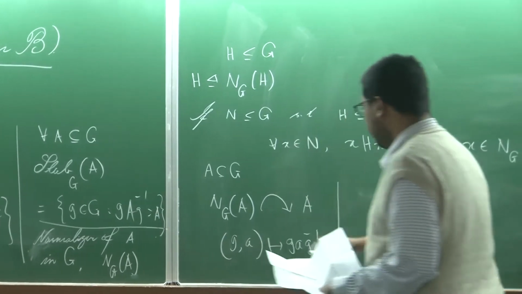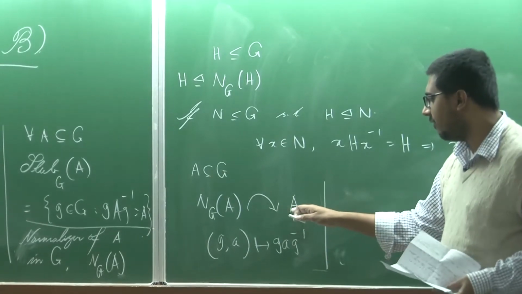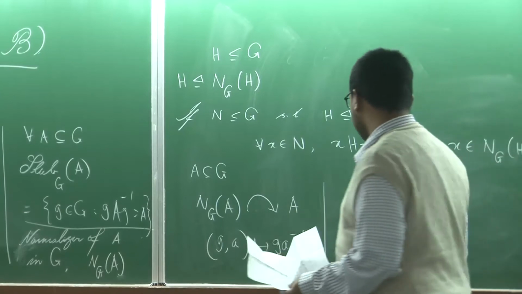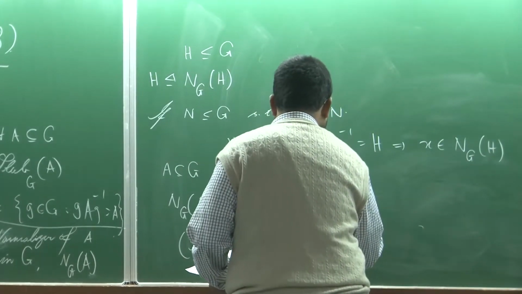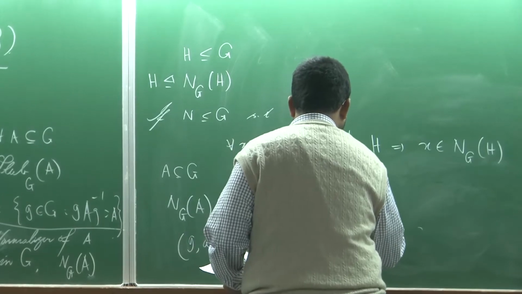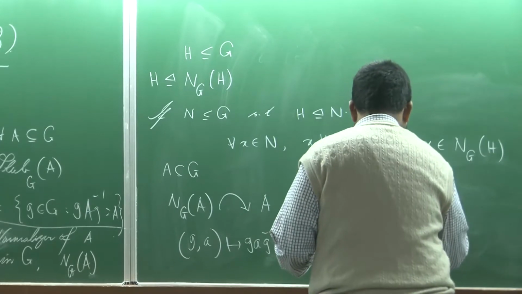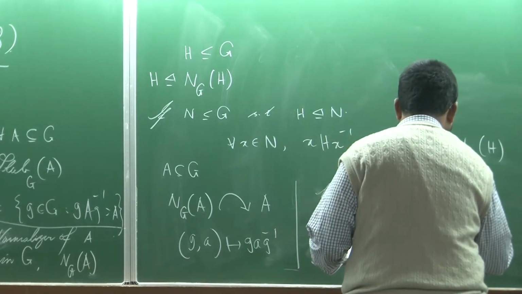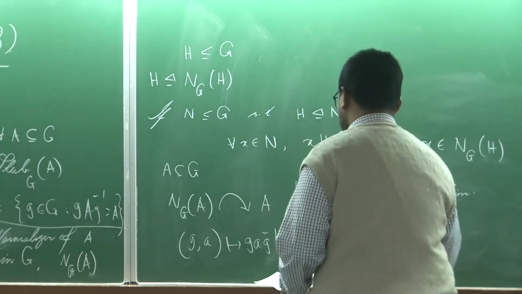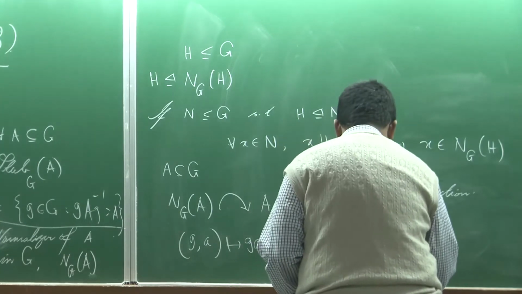So the normalizer of a set A acts on the set A, and the kernel of this action consists of all g in the normalizer